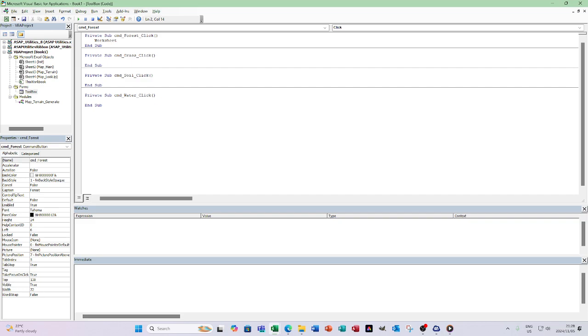I want to access worksheets in it. So basically when you click the forest button, it is going to go and store on the worksheet init sheet in cells, and that was cell 4,2. I want to store there that you clicked forest, and I want to do the same thing with this one. I want to store there that you clicked grass,